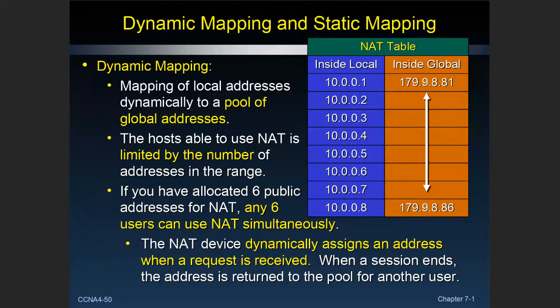Normally, if we were at home, we're going to get one outside global address. But if you're a business, you might need several of them. So let's say that I had a bank of, how many addresses is this here? 81 to 86. Let's see, I only went to public school, but that's 6 addresses. So for example, AT&T offers a DSL service for businesses where you get a bank of 6 static addresses that you can lease from them.